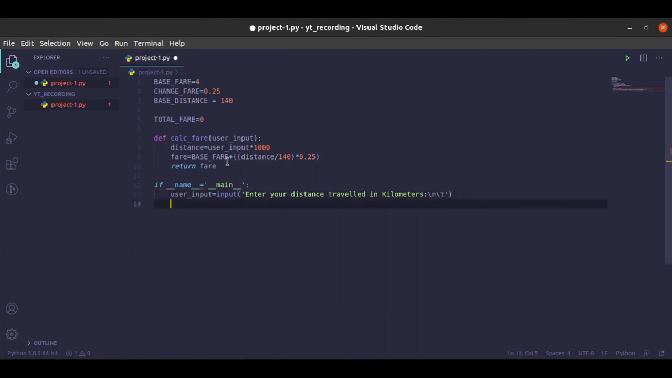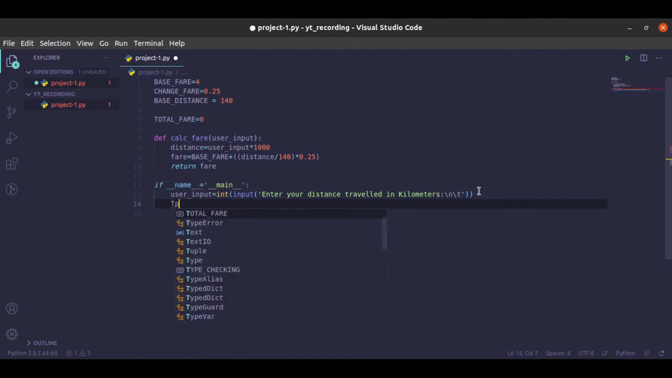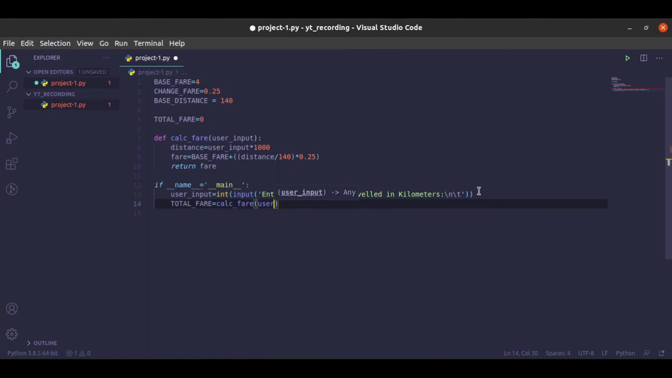Alright, so when we get to the input, it's supposed to be an integer, so let's wrap it inside an int. So from there we call our calc function. So the total fare now is going to be returned from the calc function. So calc fare, then we pass it the user input. Here it's supposed to be equals to total fare, then we print